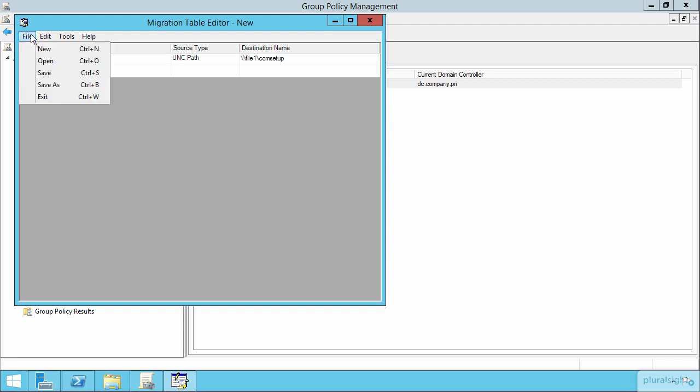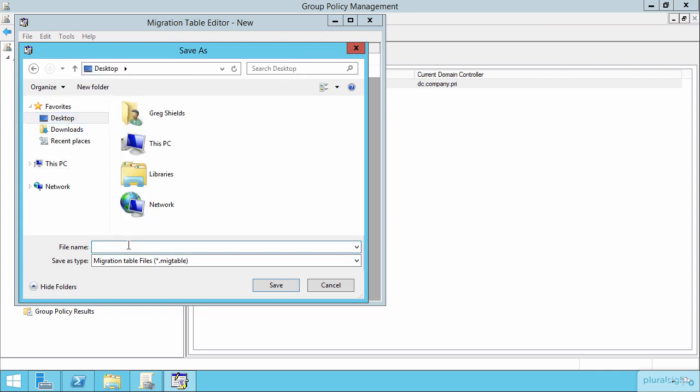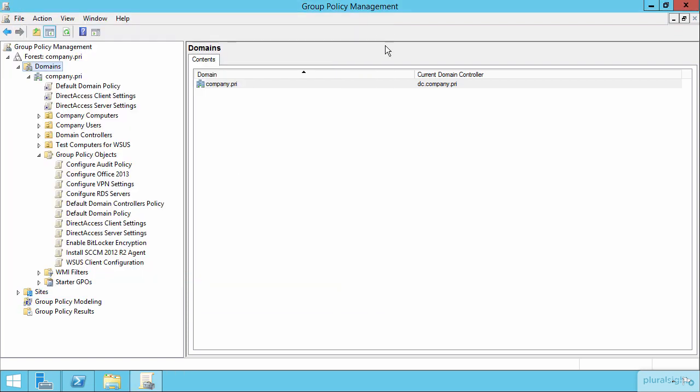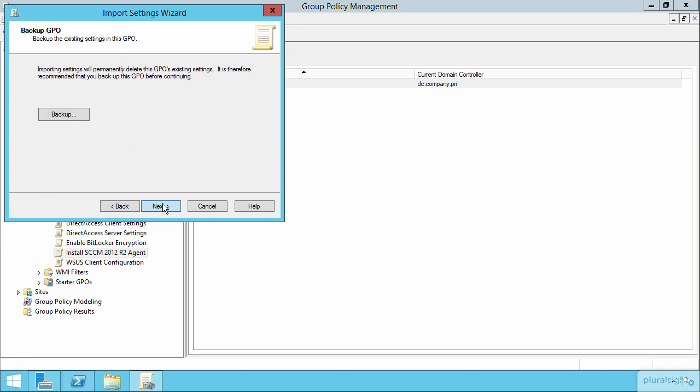So let's just save this migration table here. We'll save this table on the desktop, and we'll call this SCCM agent so that we can come back to it in just a second. I'll choose Save and close this down so that we can now go through the import of what, again, is ostensibly from this other domain, a group policy object that we want to import into the one we've created here. I'll come up here and choose Import Settings, and then the next button, and then the next button again,